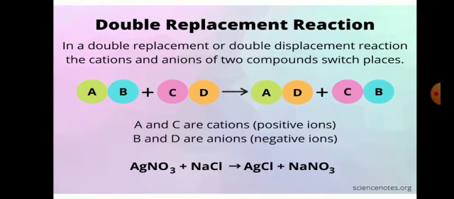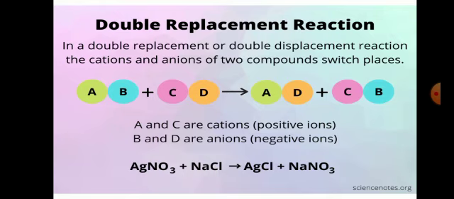You have electrodes, right, your electrical rods. In the electrodes you have the cathode and the anode. Your cathode is negative because it attracts positive ions, which are your cations, and your anode is positive because it attracts negative ions, that is your anions. Here you can observe that A and C are cations, which are positively charged ions, and B and D are anions, which are negatively charged ions.